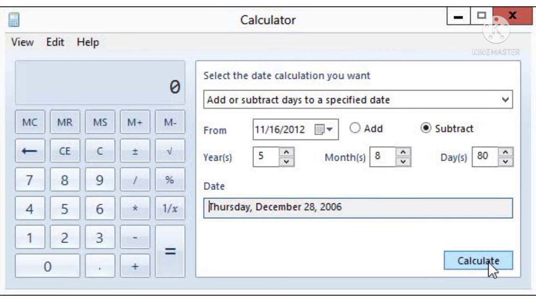Under Select the date calculation you want, select any one of the following options from the drop-down list as shown in the figure: calculate the difference between two dates, or add or subtract days to a specific date. Enter the values and click on the Calculate button.